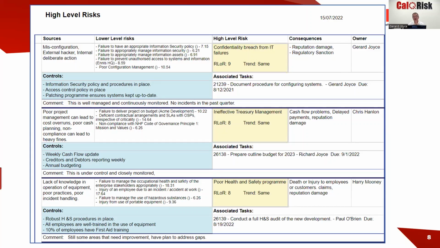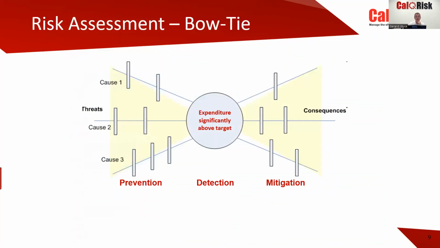Again, it's a summary, and it's not this 40-column risk register that we see so often that still looks like Excel. Things are possible, you know, when you have a database and you have a lot of information in how you present it. This is just one bespoke report. Let me talk to you about the bow tie.